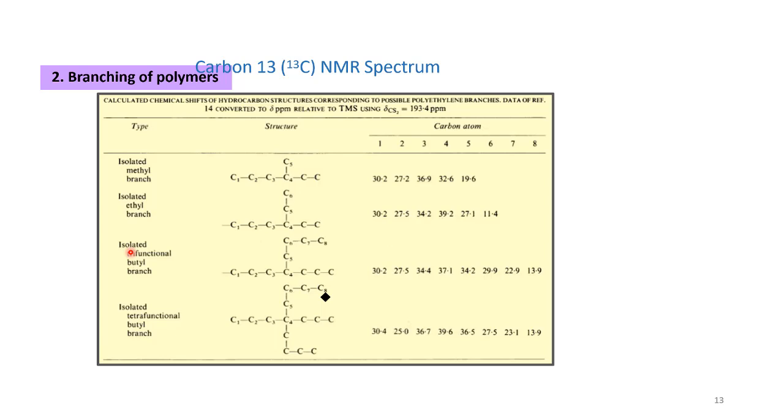Then branching also. So suppose a branching is there, then there will be a chemical shift. So if at one carbon atom the shift is this, like the value is this, and then for the fifth carbon the value will be lesser. So with that we can observe the shift in our structure. So if the branching is taking place in our structure, then the shift can be determined from the NMR, and that can be correlated with what kind of structure can be present in the material.